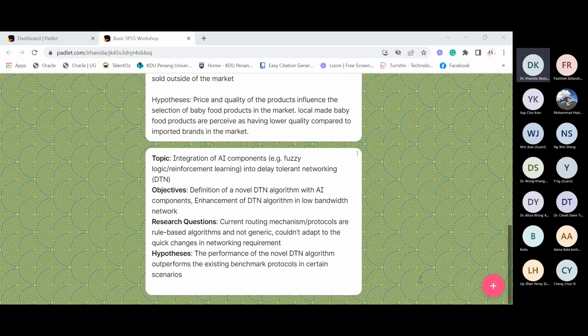Okay. I think some of you are using SPSS for the first time and you don't have your own data. Even though I shared the sample data, you can't open it. I guess that's one of the factors that contribute to why most of you don't have questions. If you have the chance to open the data, you can play around with the variables and try to follow the steps using the manual that I have.